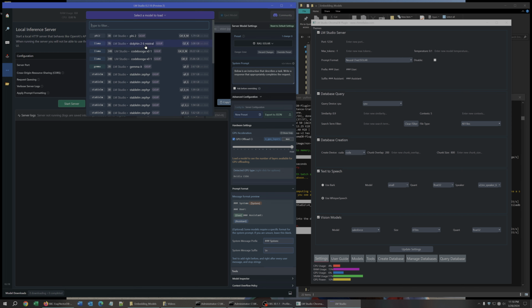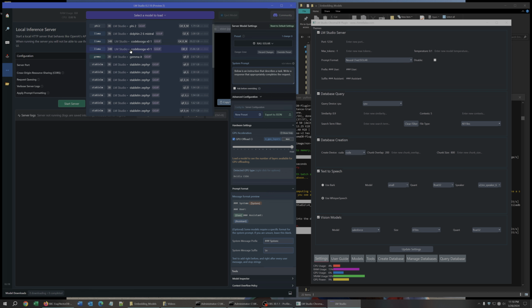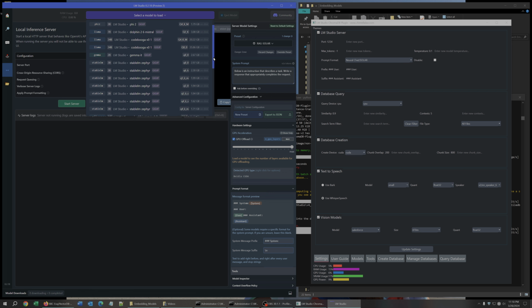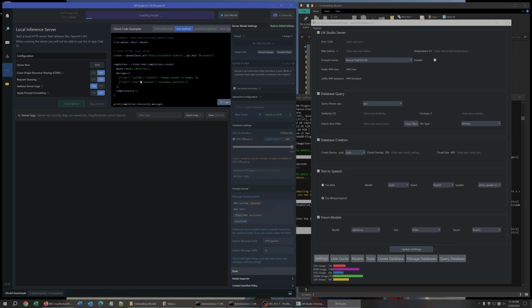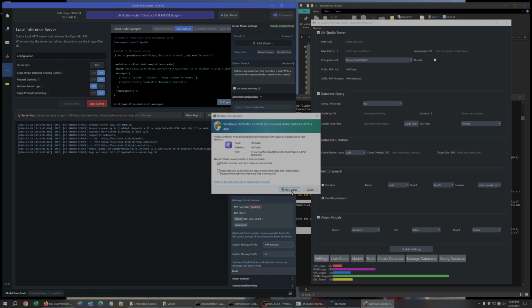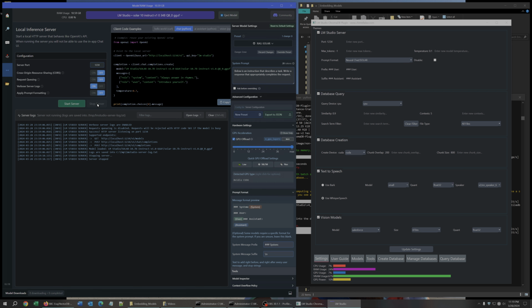and then you go to the models here that I've already downloaded, and I could find it. I don't know where it went. Solar, there it is. Okay. So I have the Q8 size, which is pretty big. And you'll learn about all these quants if you research a little bit about the models. And then you'll click Start Server,